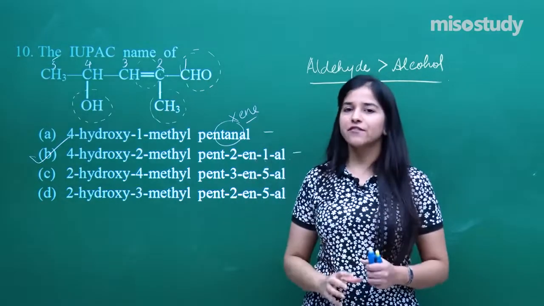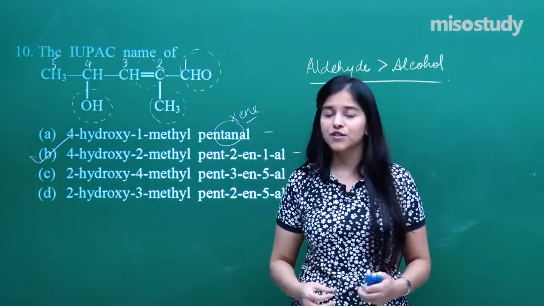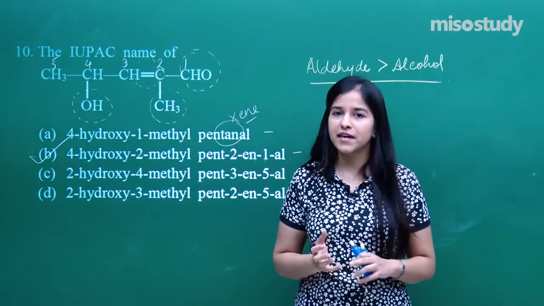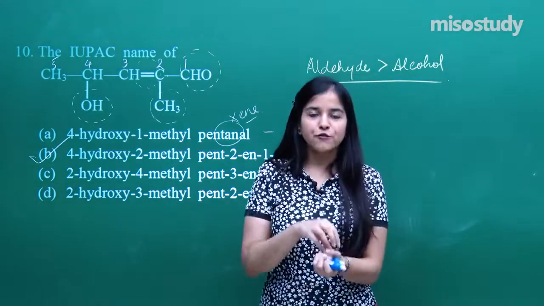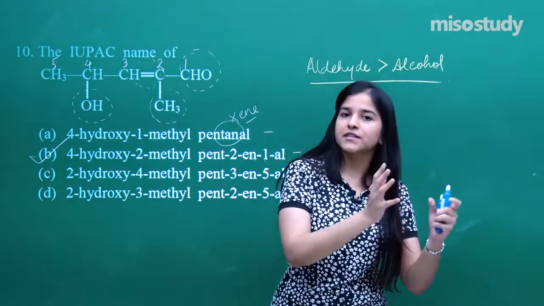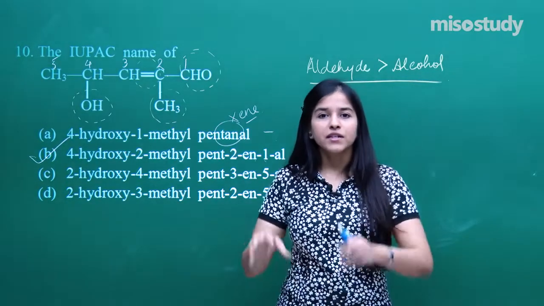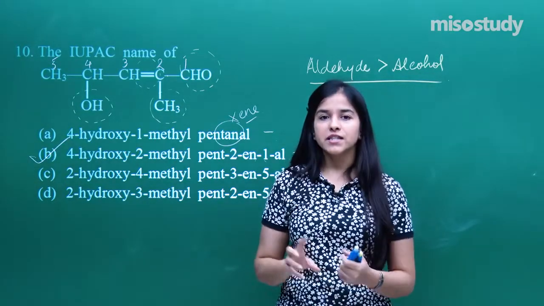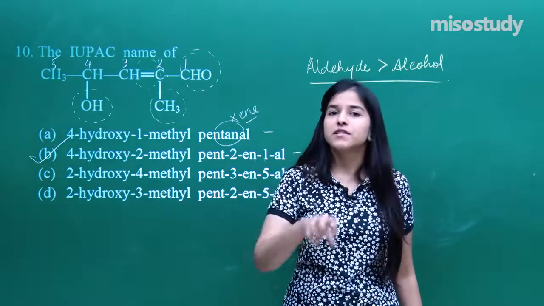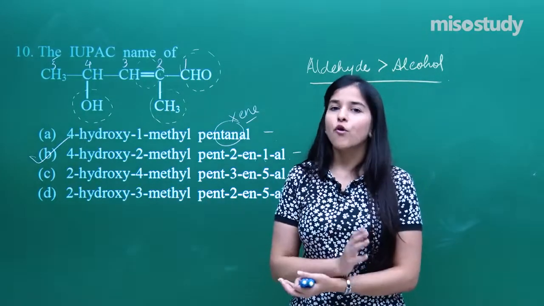So I hope you all have enjoyed this very questionnaire. It was super easy, along with we have discussed so many kinds of concepts. We have revised so many concepts, that is most prominently the functional group order first of all, and the functional group substituents and the double bond order, that is also one order. And also one thing what we have observed is the preference to the substituents. Lowest possible set must be given to the substituents. So that was the whole idea in all of these questions.